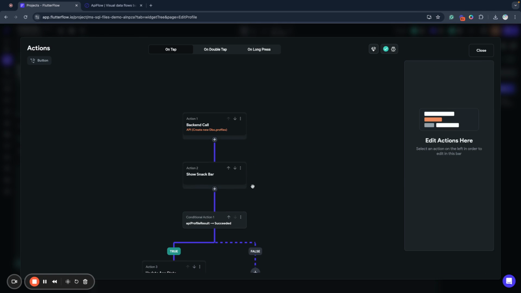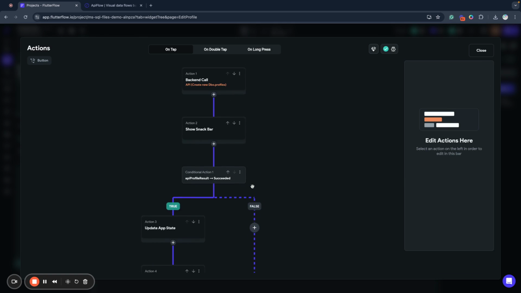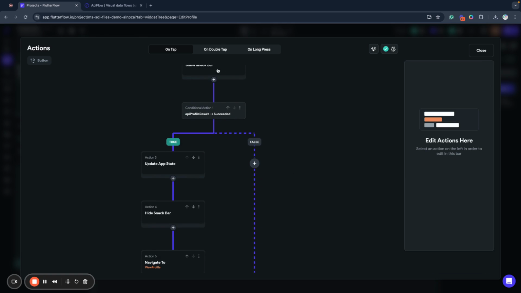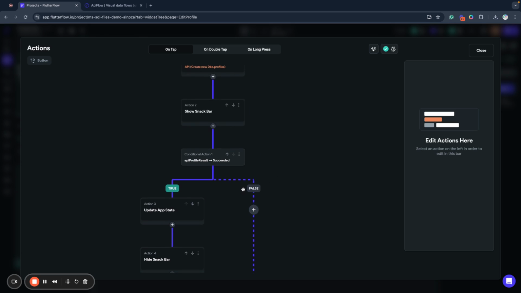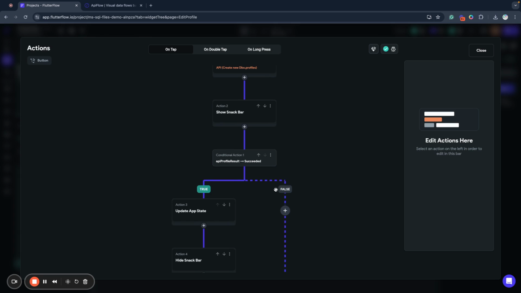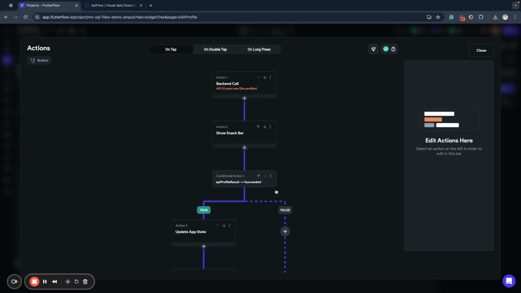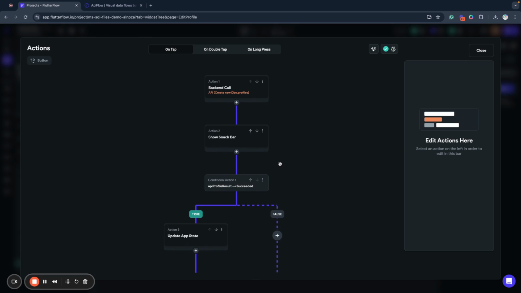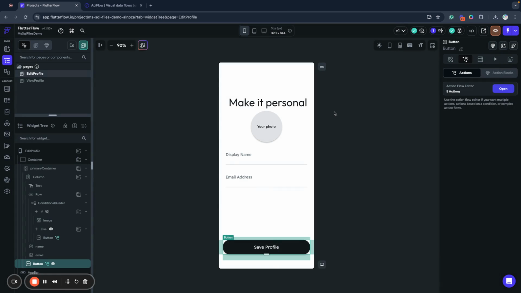Okay, so this is a nice flow of our logic. Also, if some error occurs, it's worth displaying the error and so on. But you can find out how to do this in other videos on our channel. So check other videos on how to handle API errors. I recommend it. So now we have our logic to save the data, and then we will go to our